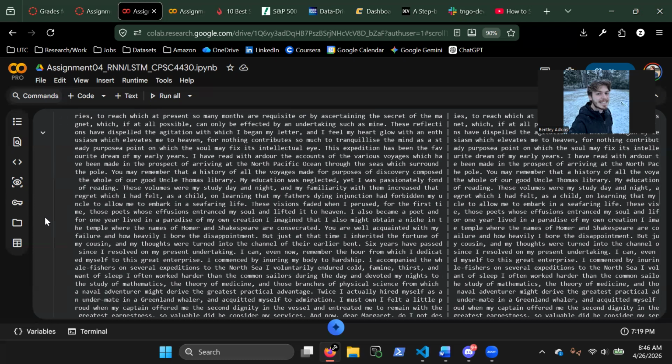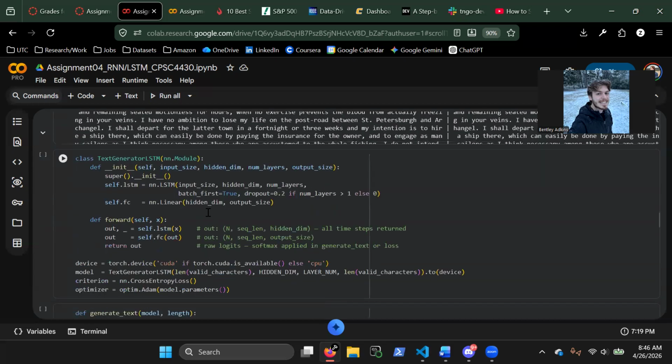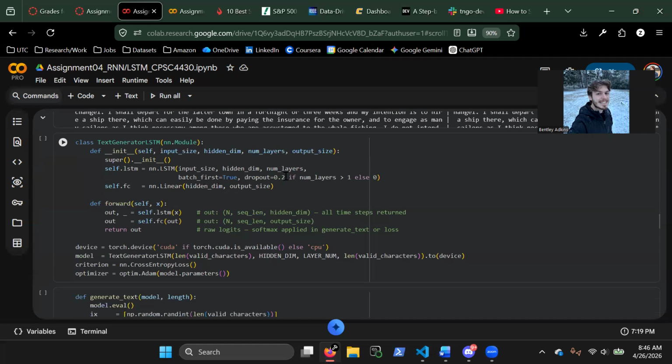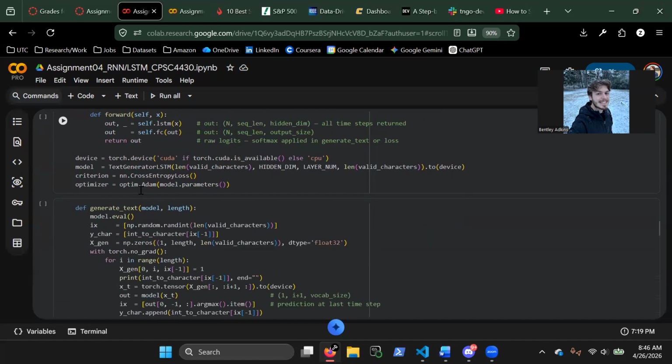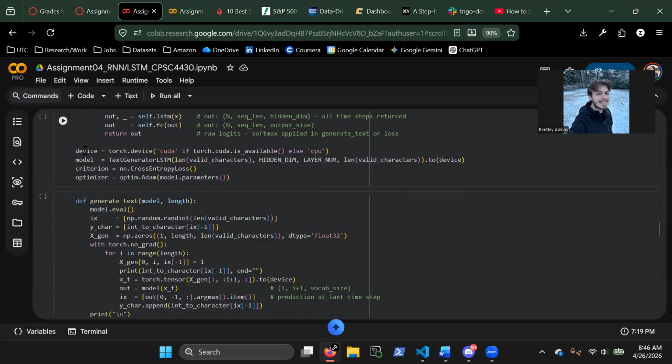Then this is our actual model using the LSTM, which these are all parts of our parameters. And we also have a dropout, linear, forward, and then this actually selects our GPU, which I switched